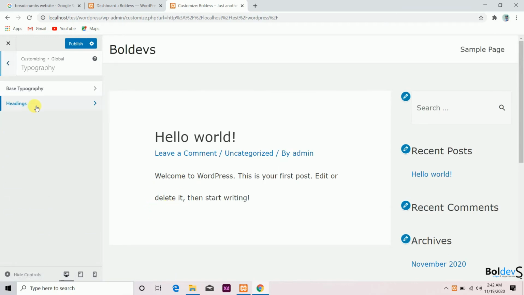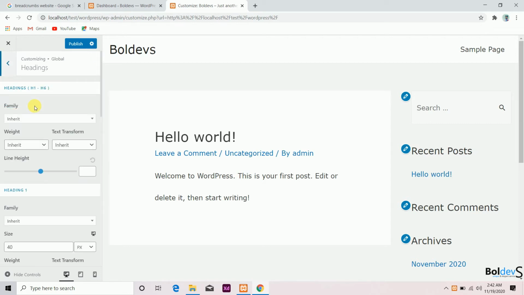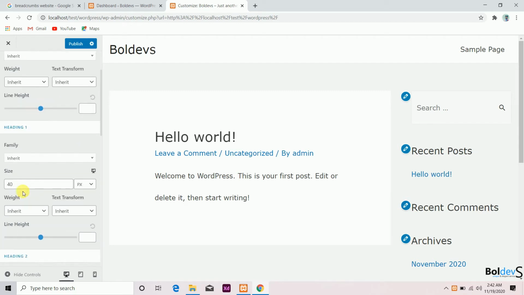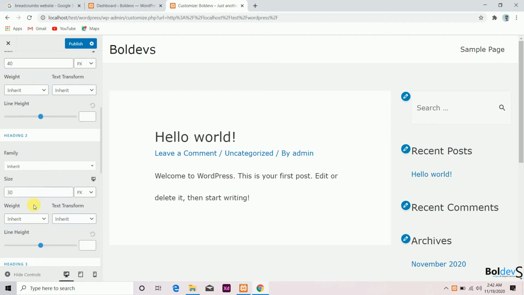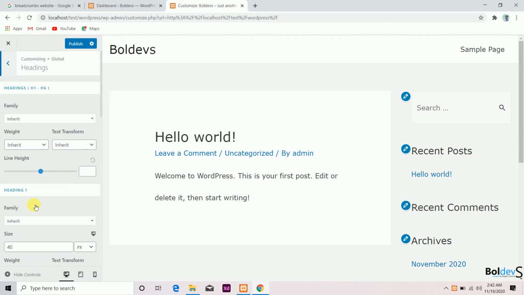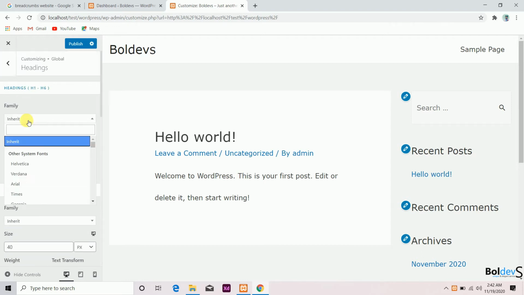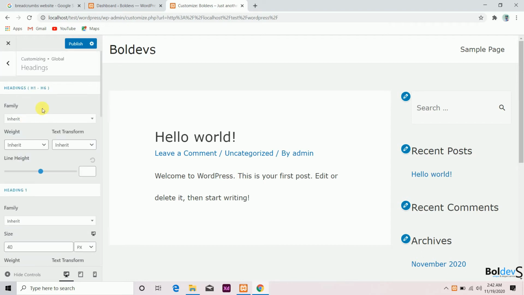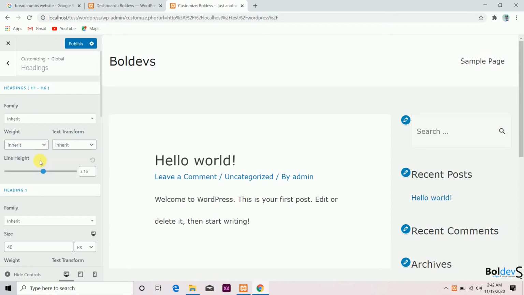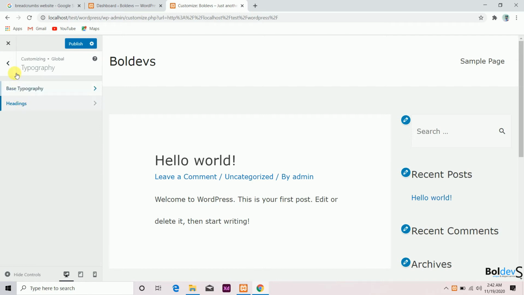So I'm going back, and here you can see the headings again. Basically we can have headings from H1 to H6. The starting one is H1. You can find a separate slot to change settings for each heading, or else you can change the entire heading family right here, including line height, width and text transform options. Guys, just select each and every option and check out their functionality.